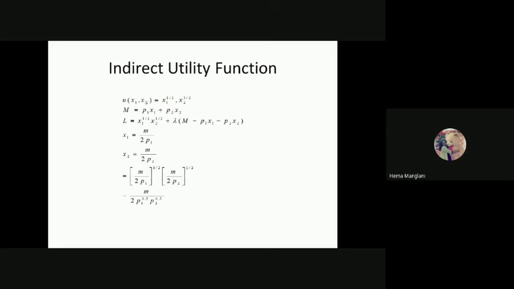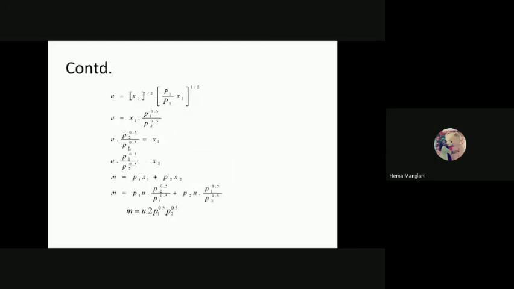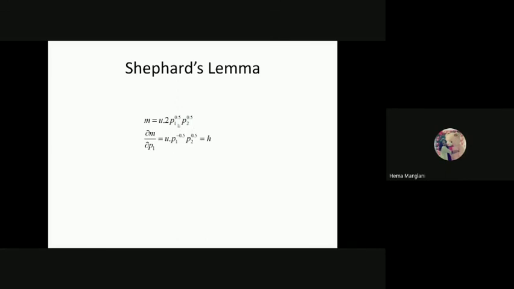Okay, so utility 0 minus x1 power half and x2 power half. So your budget constraint would change. And here what you will do, you will keep this variable part, P1 x1 plus P2 x2. This we already have done in our Hicksian demand function, or compensated demand function. So whenever you derive the value of x1 and x2 from that, it always gives you this Shepherd's lemma value. I hope we already have done this.